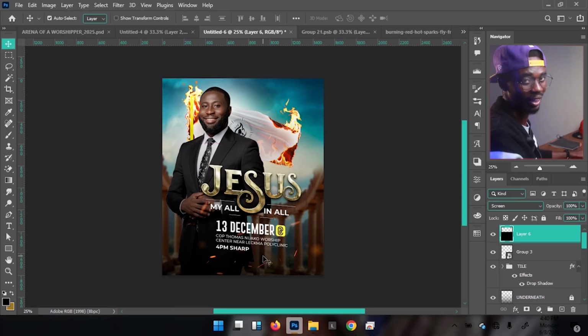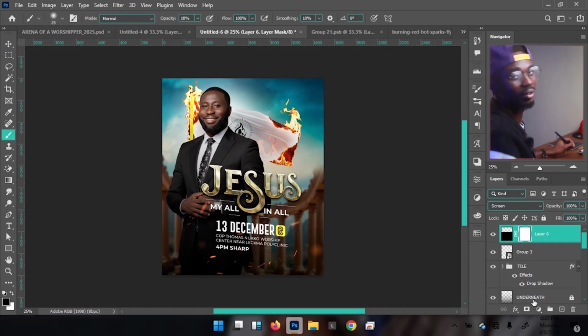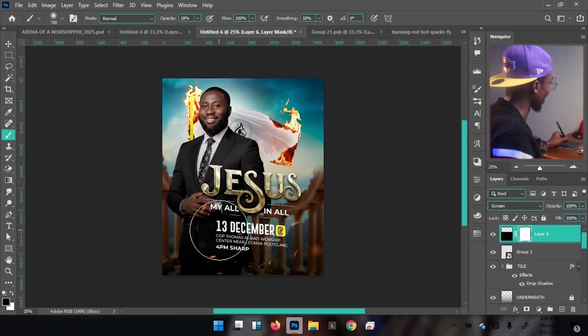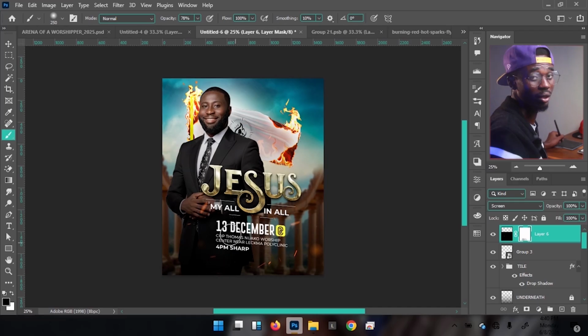Okay, just like that. Then I added the layer mask, very, very important. And then B for the brush. I have my tablet here, so I use it to clean that. Okay, 18 for opacity percentage is too low, so just increase it and then do away with the unwanted